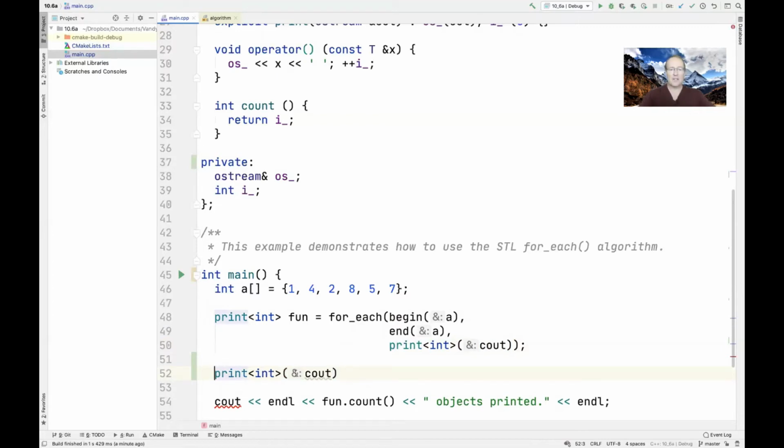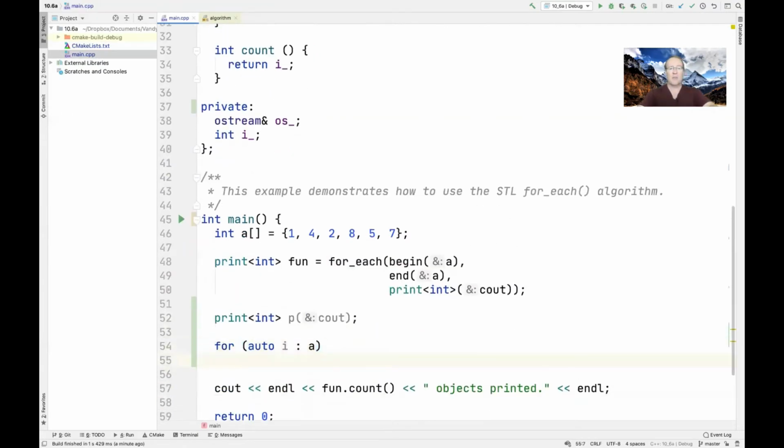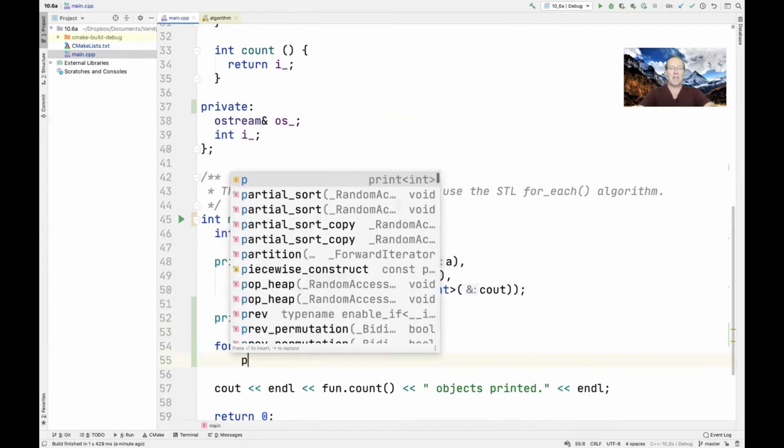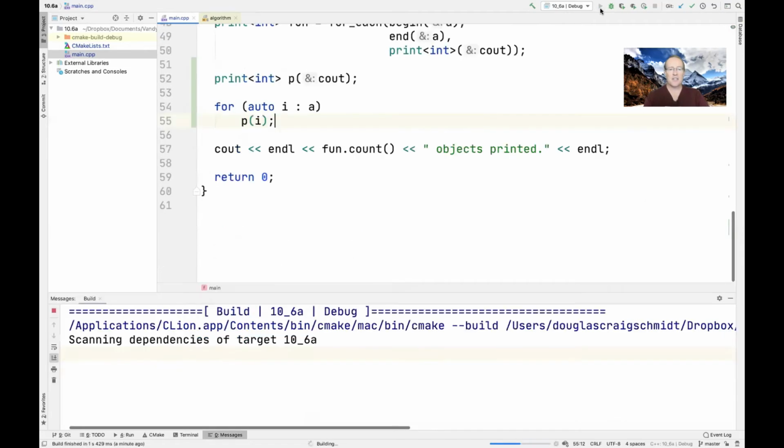So let's go ahead and declare ourselves an object P, which we're going to give cout to. And then we could say for auto I : A. So we're going to iterate through that array from beginning to end. And then we could say P, I think. Will that work? Let's see if that'll work. That might work. So let's go ahead and see what happens there. If we get the same results,